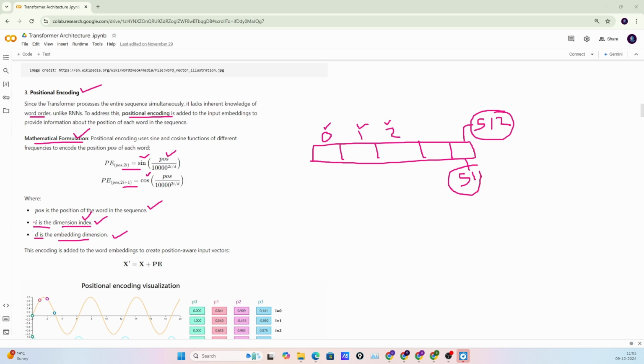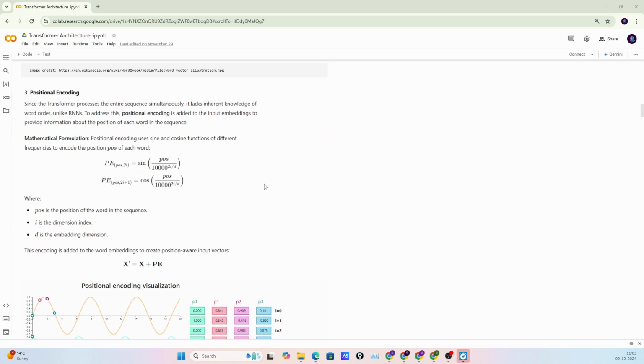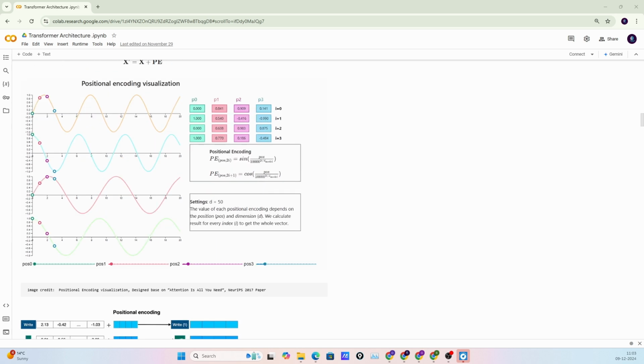So this is the positional encoding which I already covered in my previous video, and further here I already discussed these things in detail, like the positional encoding for the 0 position, 1 position, 2 position, and 3 position. And here are the positional encodings in numbers. So you can see here the positional encoding for the first position, second position, third position, and fourth position word. And this is again the same formula which I discussed earlier.